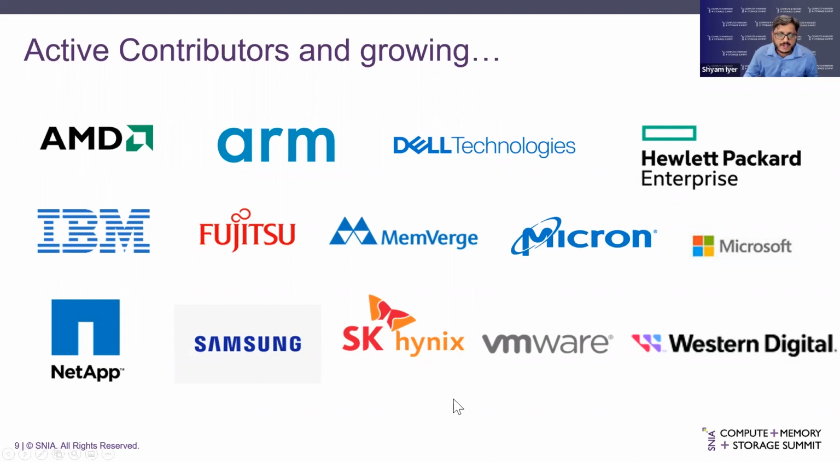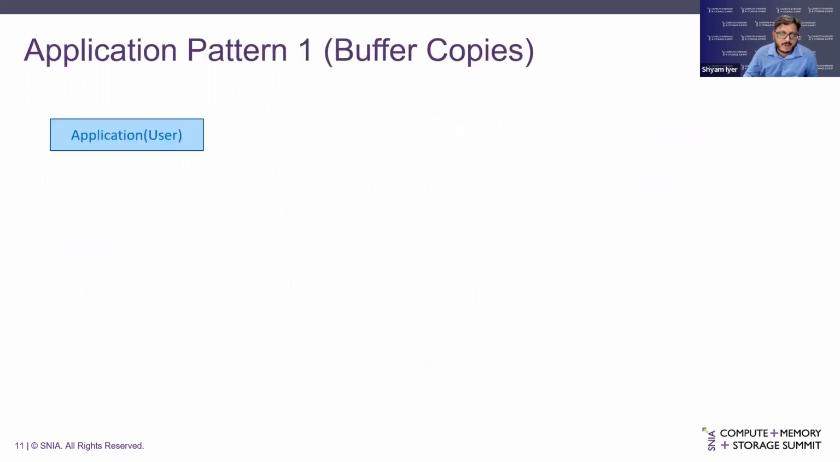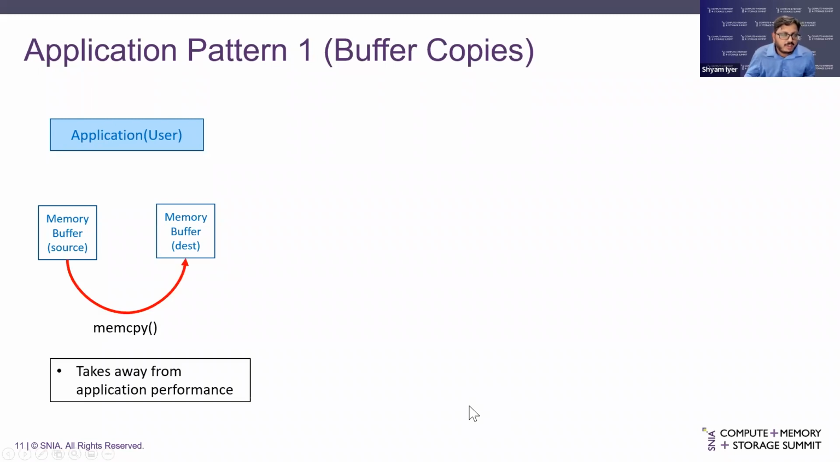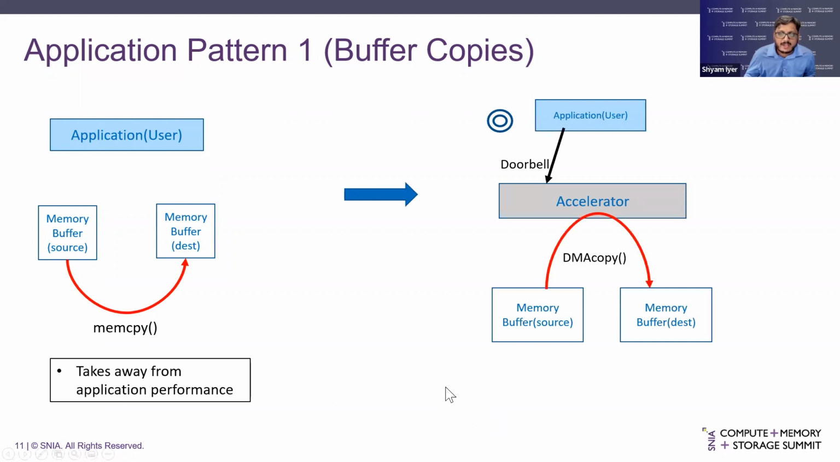And to just give you an idea, we are still growing as we go into the new versions of the specification. So here is an example of the use cases that you can look at to see how SDXI benefits you. For example, if you have an application and it wants to move data between a source memory buffer here and a destination memory buffer here, typically you would use memcopy, which, as I explained before, takes away from the application performance. Now, with the help of SDXI, which is what I'm showing as an accelerator, now you can